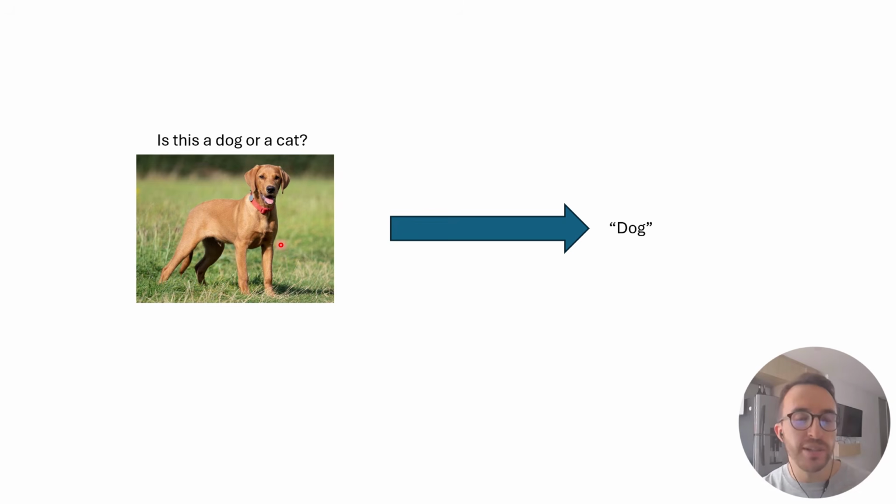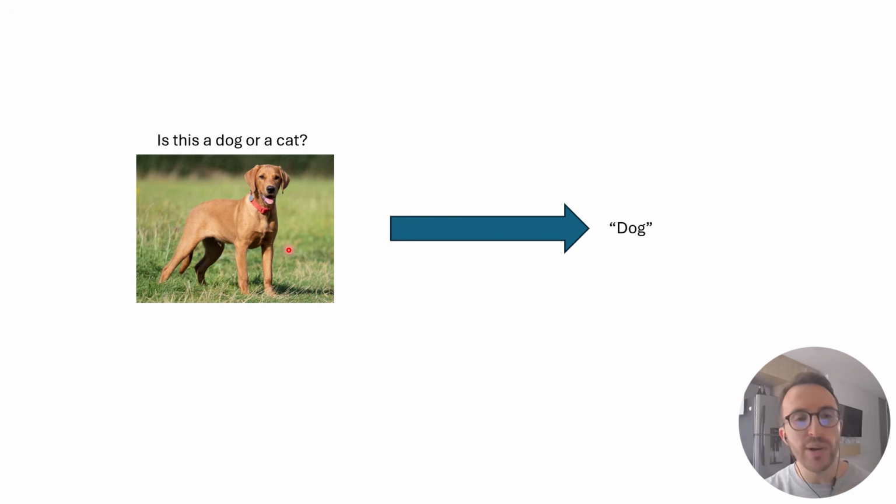So if you wanted to learn to distinguish dogs from cats, what you might do is gather a data set of millions of pictures of dogs, millions of pictures of cats. All those pictures should be labeled, very importantly. The pictures of dogs should have a little label that says dog. Pictures of cats should have a label that says cat.